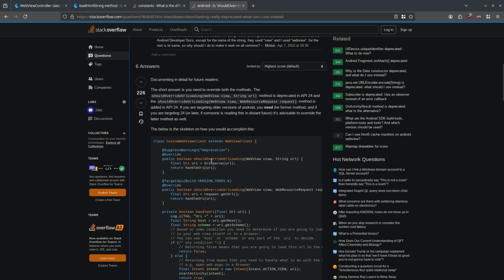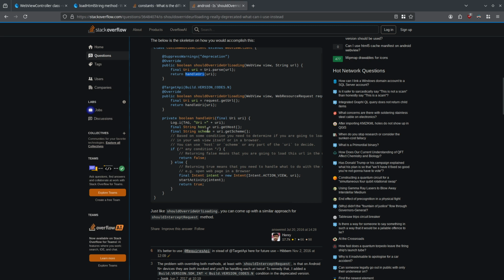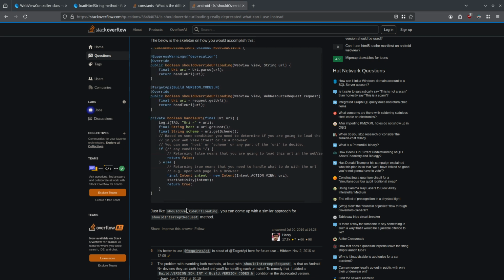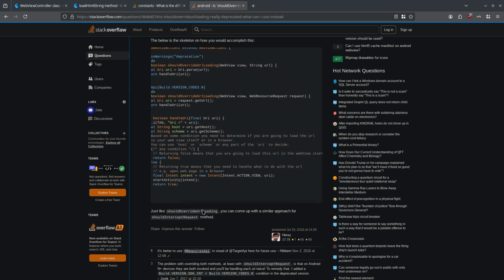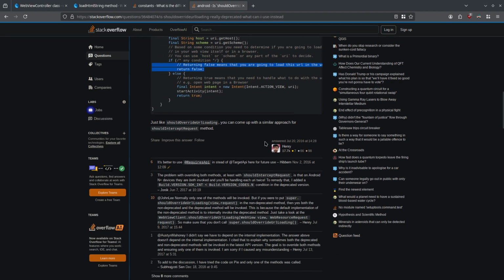And should override URL loading does what? In this case, it parses some URL and then calls handle URL, which returns a Boolean. I guess in this case, it's starting some activity and then returning true. Yeah. Okay. I don't know what it means by loading it. You are loading it in the URL yourself, but